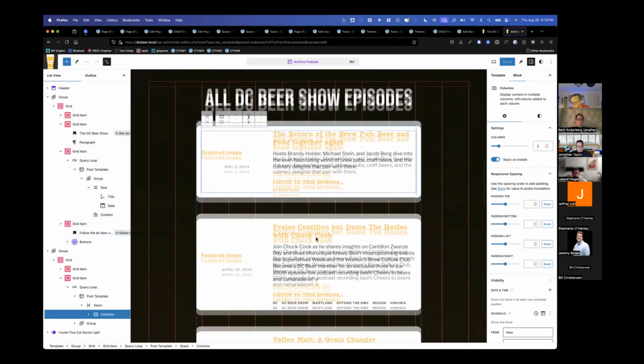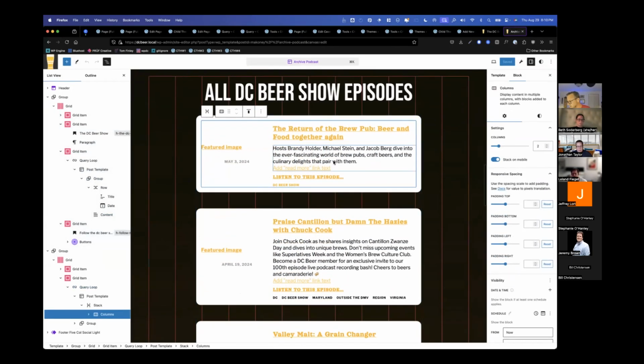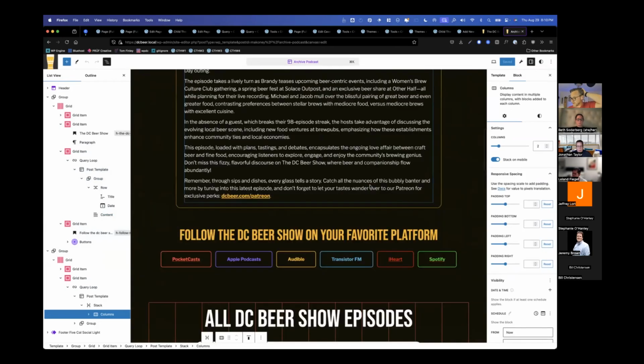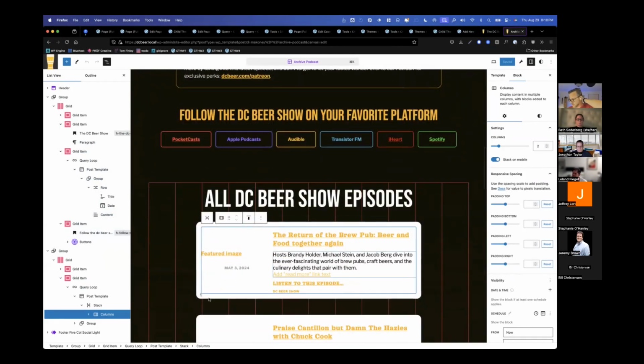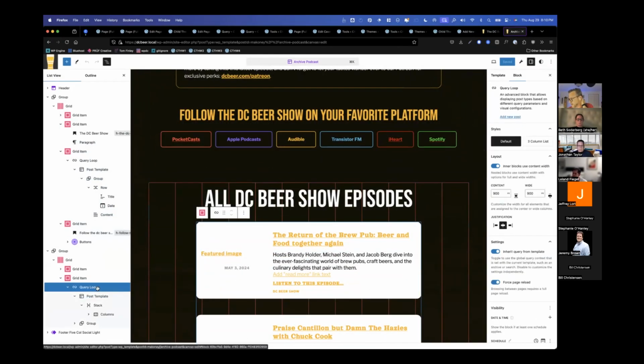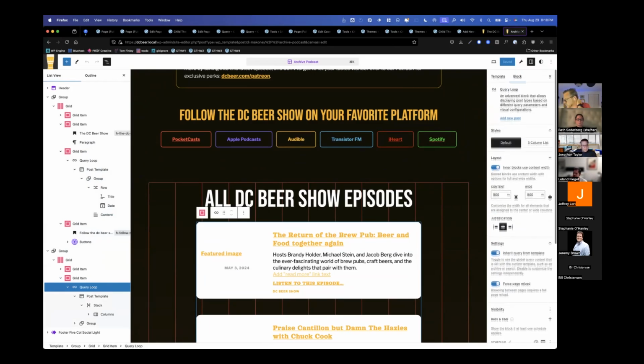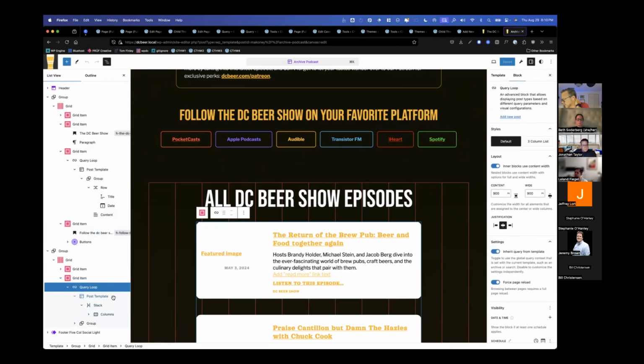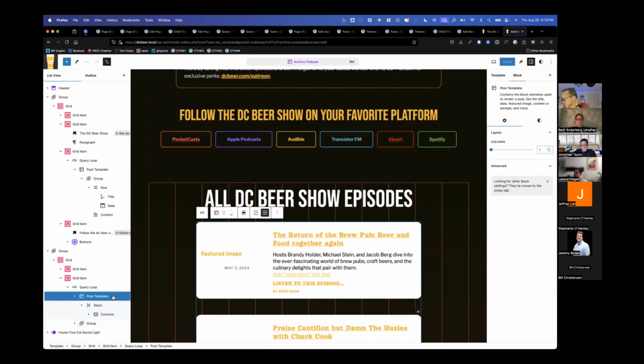But here's the completely separate query loop block for all the older episodes. There's an offset associated with it. And for me, the query block is disorienting in the selection of, I think it's the number of columns?